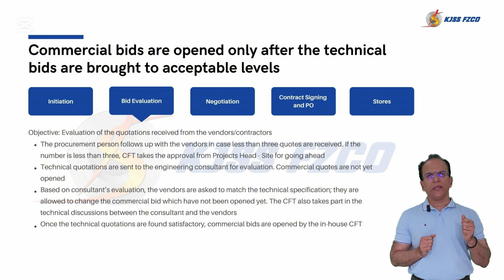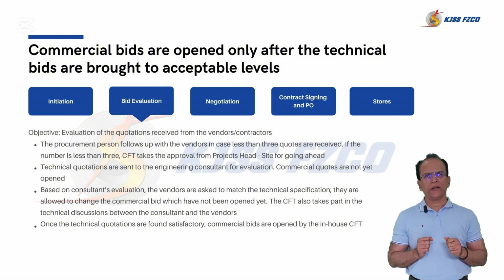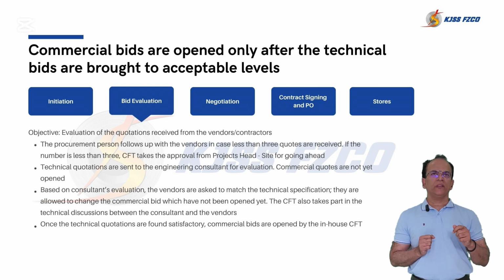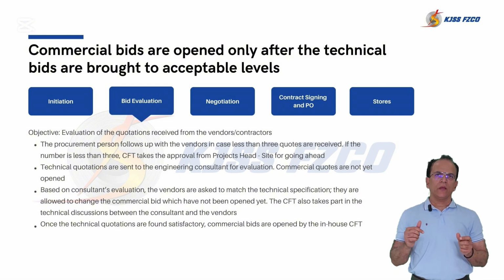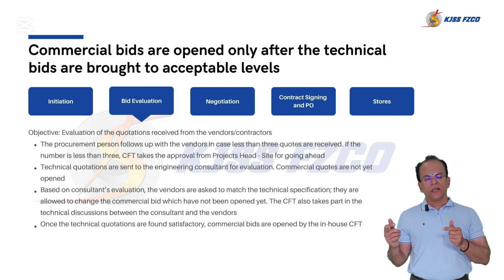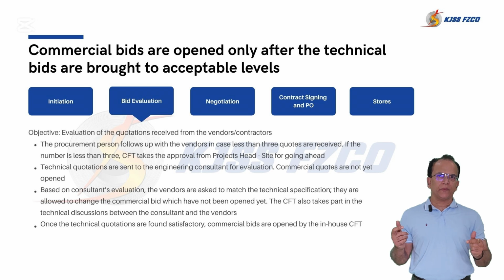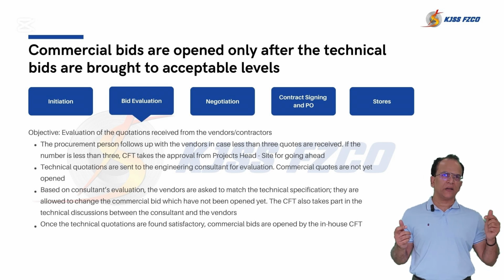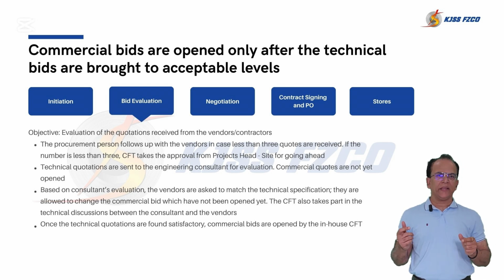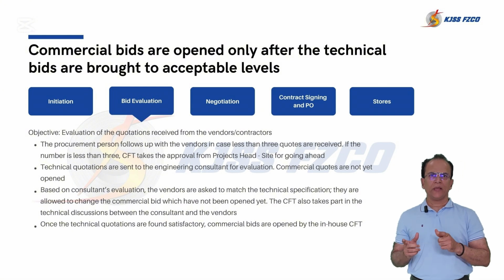So the cross-function team will actively participate in technical discussion between the consultant, vendors, and other team members to ensure clarity and the agreement is there. Once the technical terms are signed, in parallel, the cross-function team, as in the leadership of the commercial team, will discuss the commercial terms and conditions with the vendors and ensure clarity and agreement between the team and the vendors